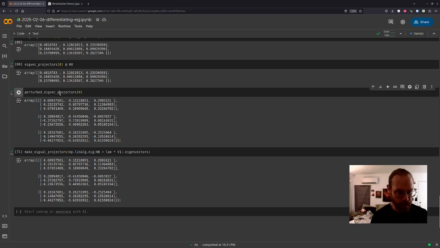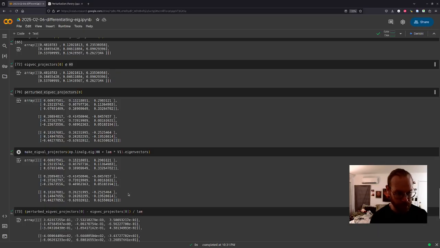And so this minus eigenvector projector 0, this divided by lambda is what I want the finite difference to be returning to me.